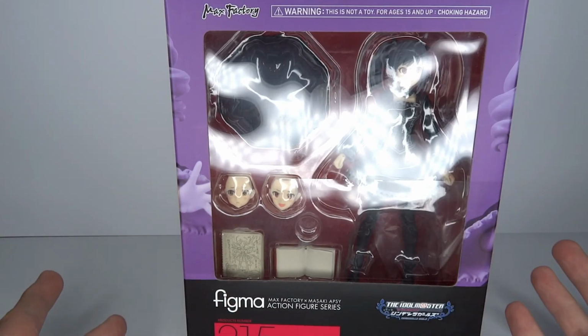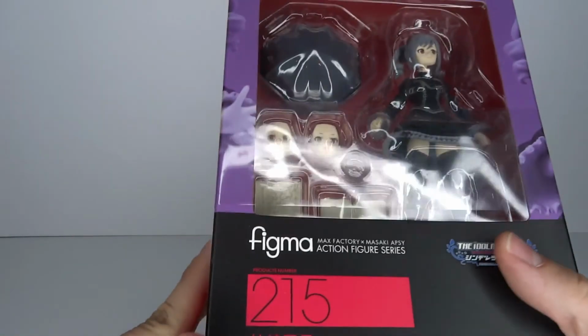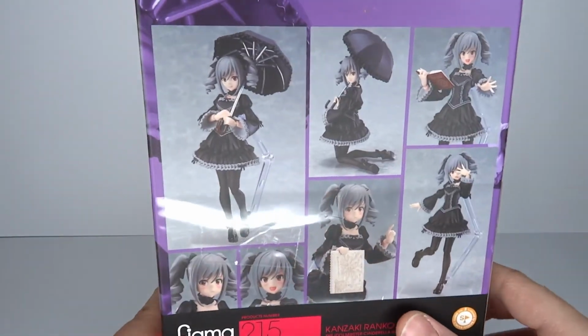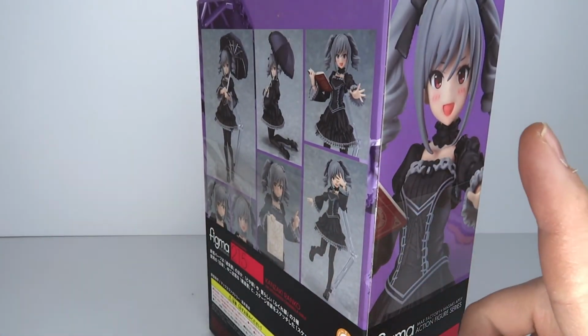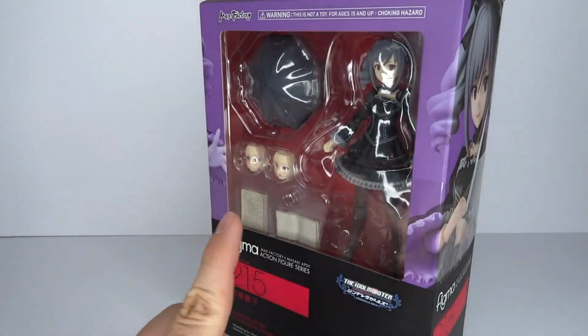So I looked at this figure and I thought about, with Figmas, I always say, what kind of designs do I not have yet? And I mean, I got a couple of schoolgirls and whatnot, and the Gothic lolitas. I love me some Gothic lolita, and I don't have one. Well, up until now. So that's the story behind this one, and let's dive in and have a look at